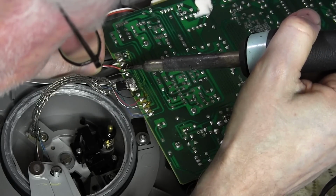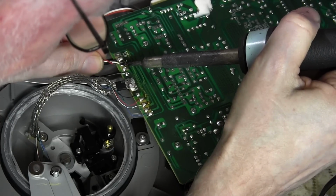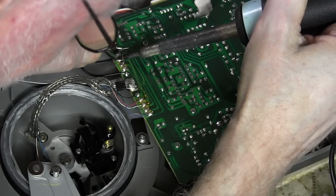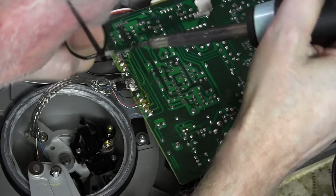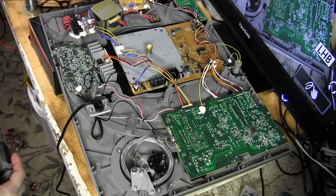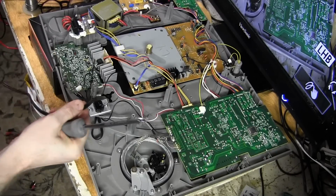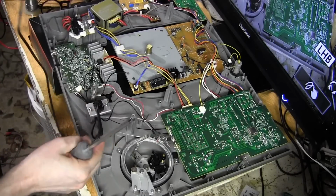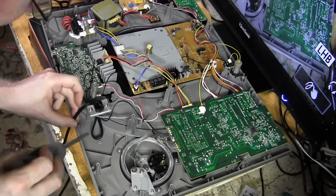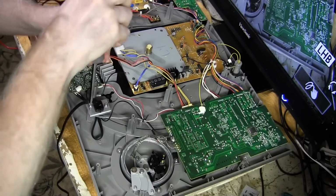There's our red, the white, and the ground. There we go. Now I said I wasn't going to remove the preamp completely, but I'm starting to have a change of heart, because what am I going to do with the wires that are left? Am I going to curl them up somewhere? There's a neat way to remove this without damaging anything. It's already partially done. Let's undo this